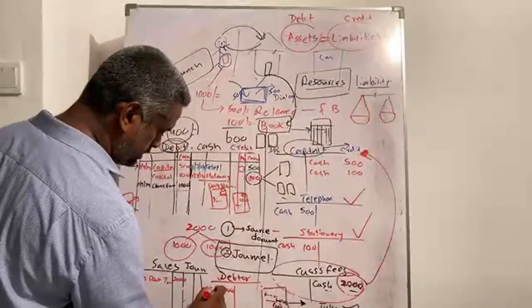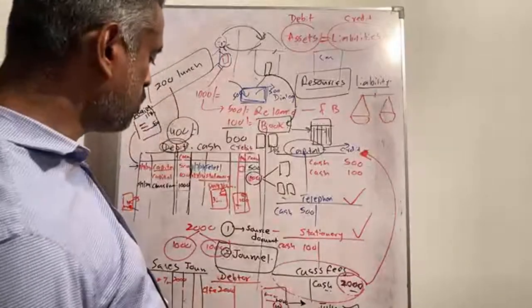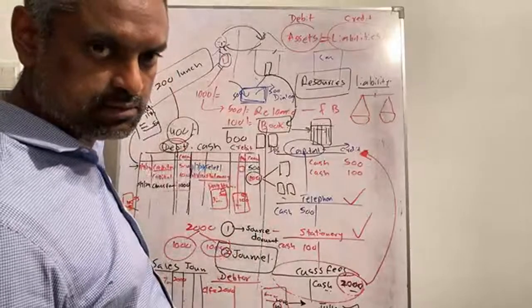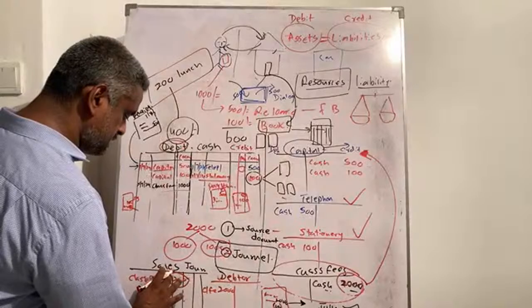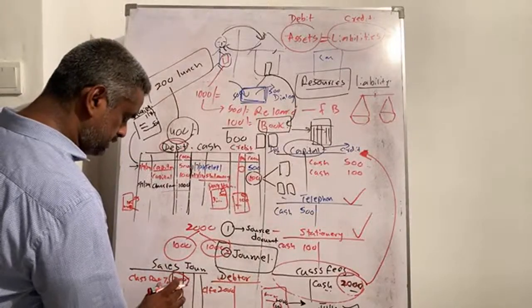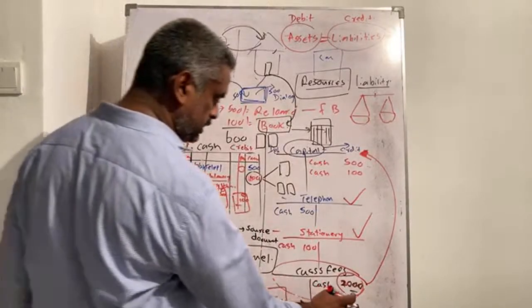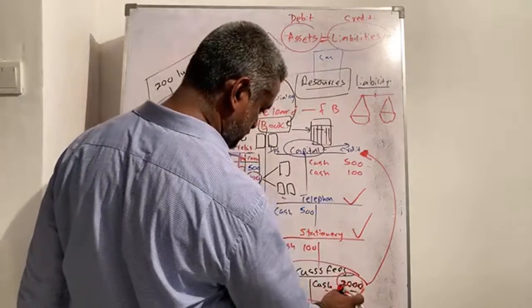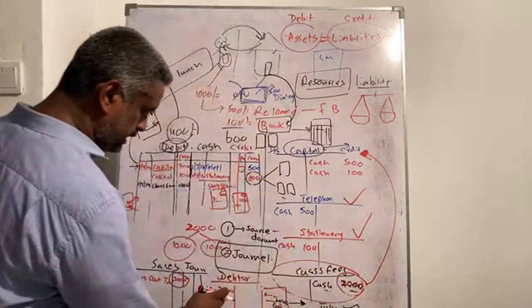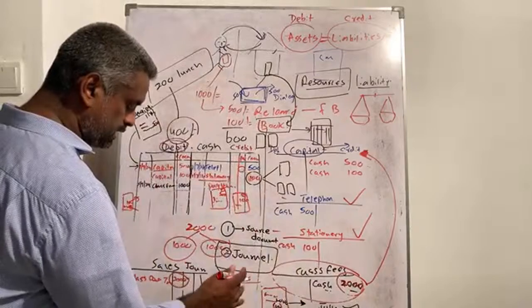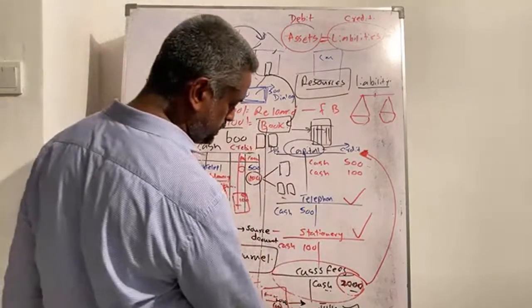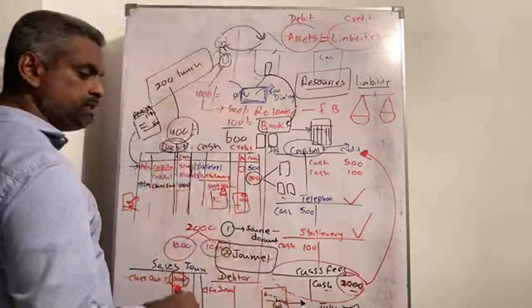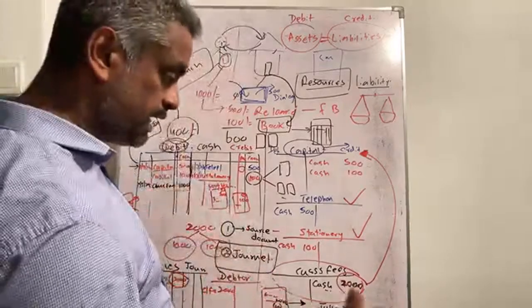You can record that way as well. Entire 2,000 you got for the sales journal, and the entire 2,000 you recorded as revenue, class fees revenue, and the debtor debit entire you recorded initially as debtor debit,